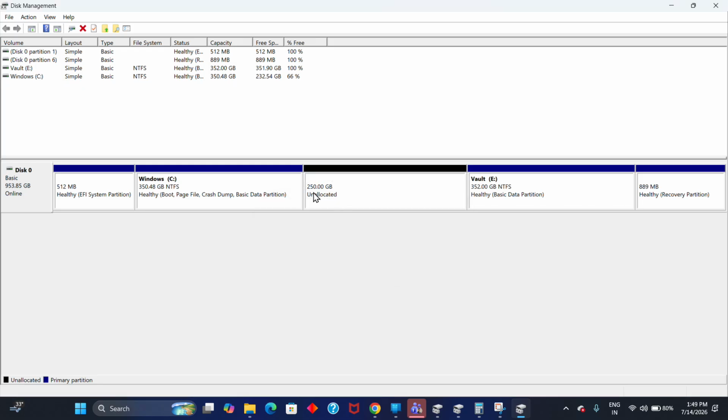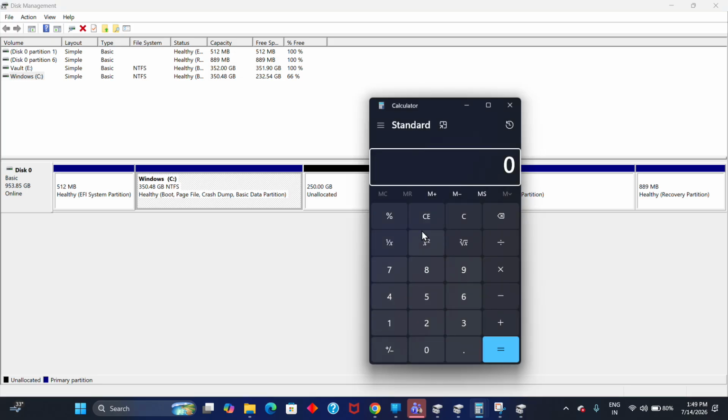Look, now the unallocated space has come. That means we can add it here. So what we need to do is add this 50 GB. Open your calculator and calculate this 50 GB: 50 into